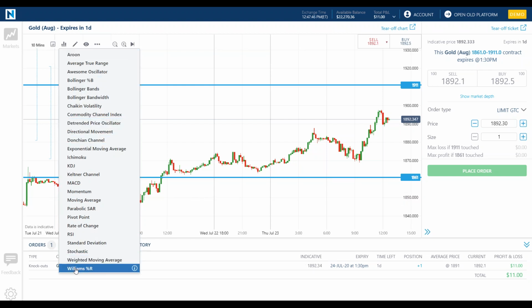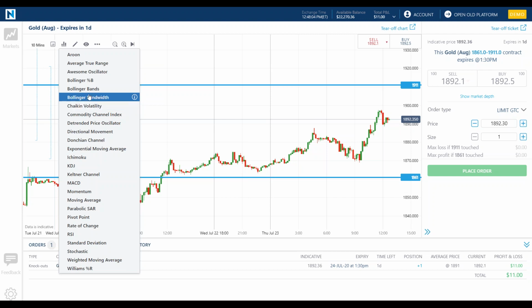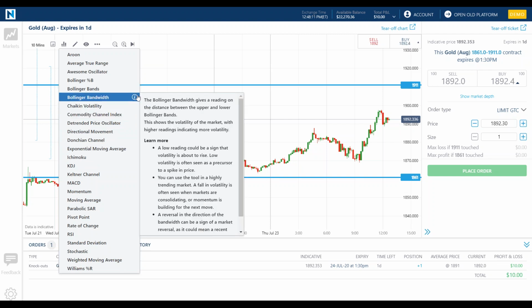Now you can set any of these up as you like. If you're not familiar with what any of them are, you can hover over the eye and it will give you some more information. If you're looking for a deeper dive, our partner, dailyfx.com, has a lot of education around technical indicators, so you can learn how to use them. But it's nice. If I like Bollinger Bands, which, if you're not familiar, are standard deviation moves around moving averages,